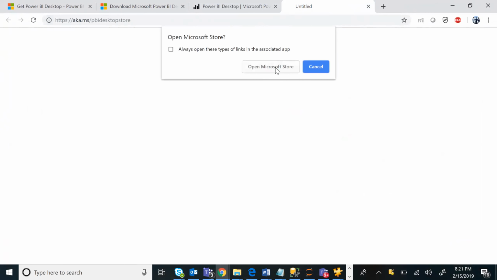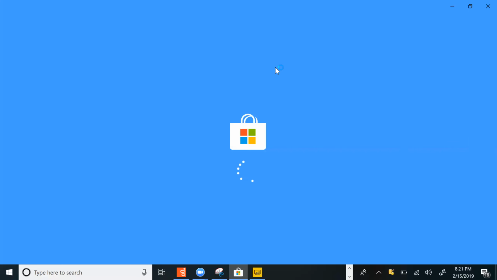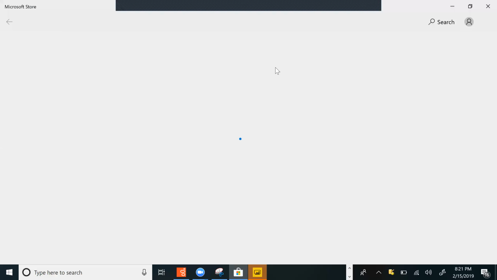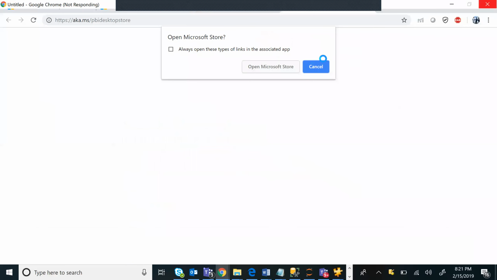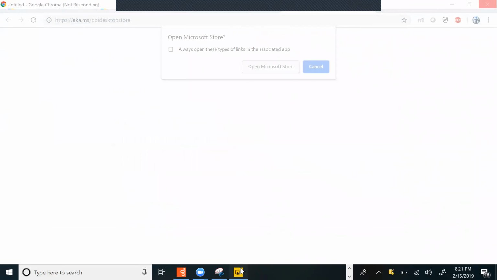So once you click it, it will redirect you to Microsoft Store, and there you can search for the product, or it will automatically show to install this Power BI Desktop. Yeah, you can see this. Okay, let me close this. No need for now. Let me cancel this, and we can see Power BI is